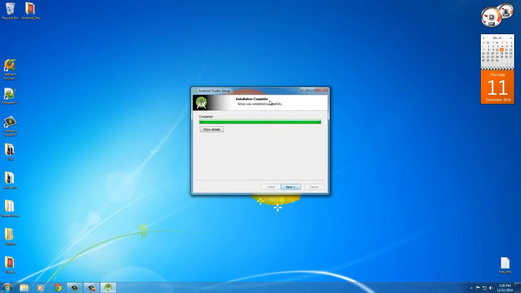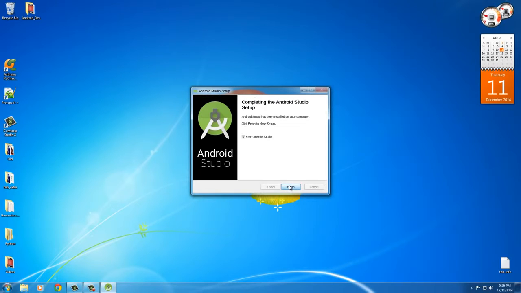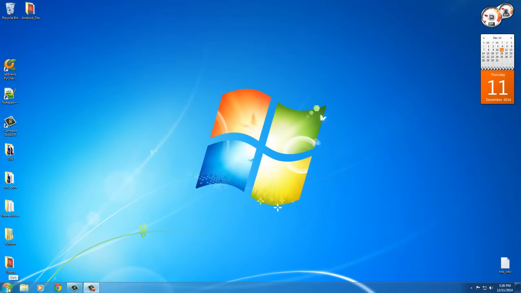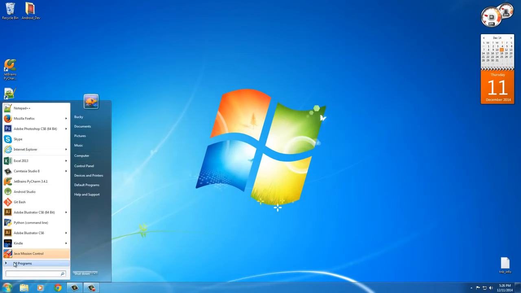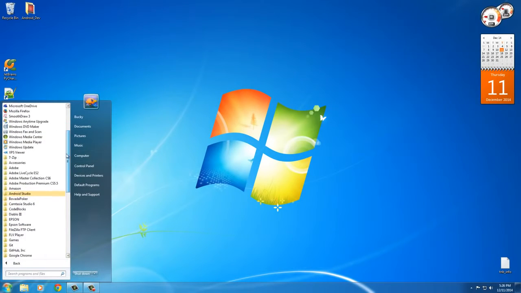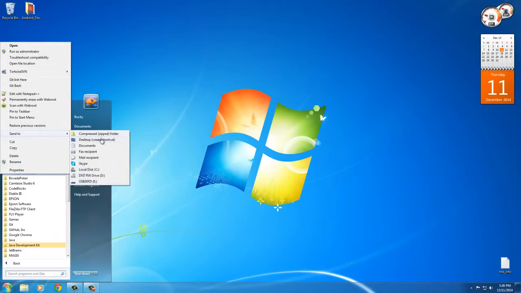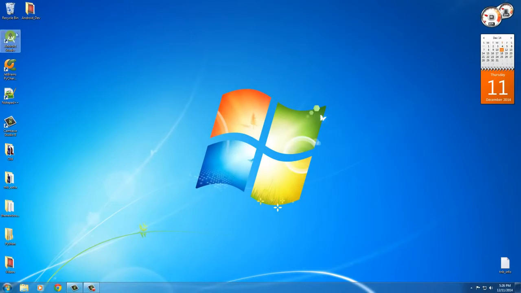Alright, so it says it is complete. Installation complete. Setup was completed successfully. Sweet. Go ahead and click next. And I actually don't want to start this up right yet because what I want to do is go to my start menu right here and go to all programs. And now we can see after we have everything downloaded and installed, we have a folder called Android Studio. So if I click that, I'm going to see this Android Studio program. I'm going to right click it and send it to desktop, so that I have an Android Studio icon on my desktop